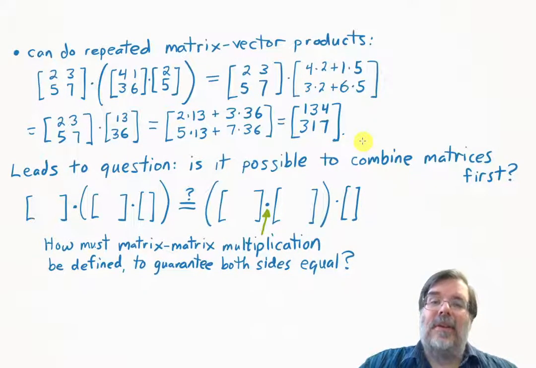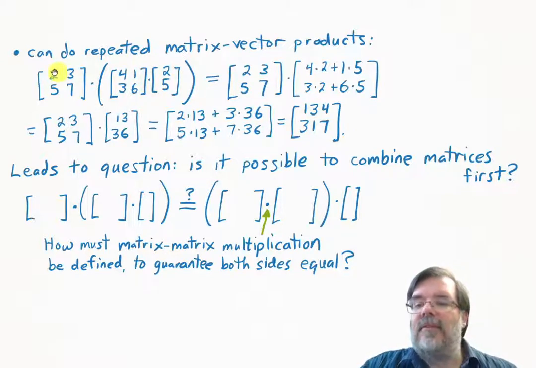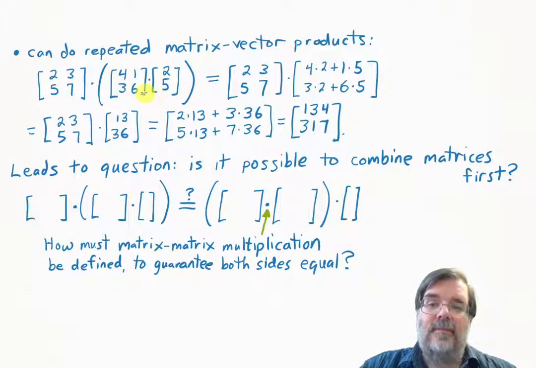Now, another thing we can do is repeated matrix vector products. Let's say we have an expression like this. Here we have a matrix times the quantity of a matrix times a vector. Algebraically, this makes sense, because we have to do what's inside the parentheses first. So we'd multiply this matrix times this vector. The result is a vector. And then, after that inner multiplication is done, we'll have a matrix times this vector,